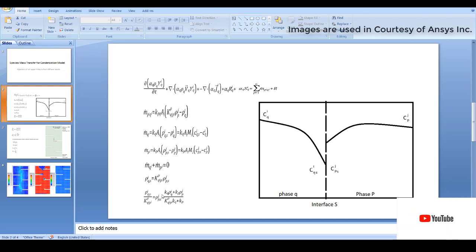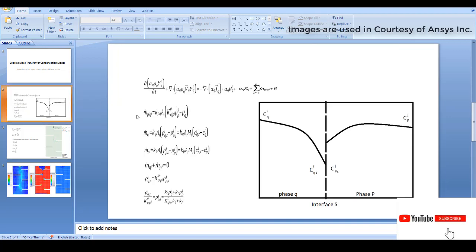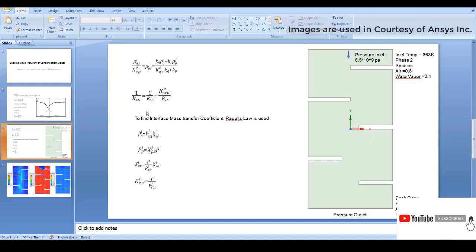For all these three equations, we can further simplify the set, and we will finally get 1/K_pq = 1/K_q + K_qi_pi of rho / K_p. This is the term, and we want to have this K_pq in all these cases. Only then can we solve this mass transfer. In order to get these, K_p and K_q are solved, as I've stated, using the Ranz-Marshall model or the zero resistance model.